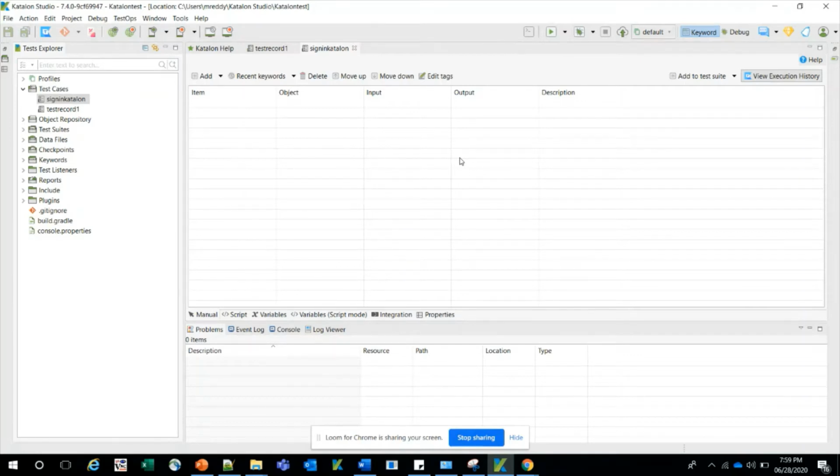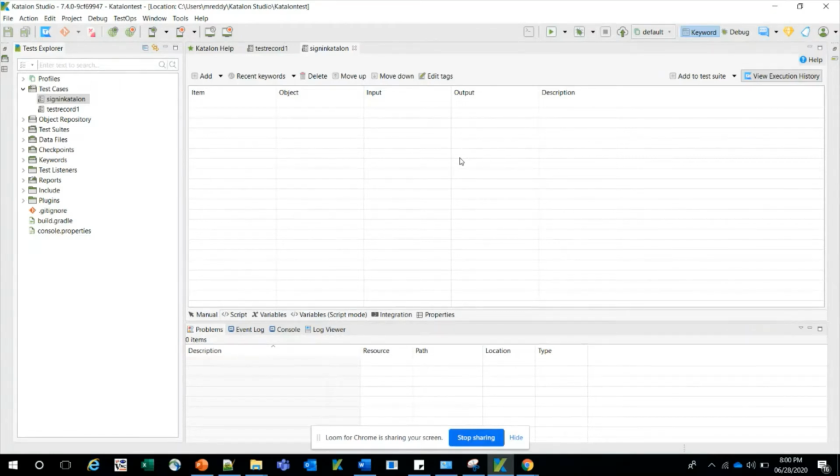The first one is that keyboard actions are not getting recorded. Keyboard actions like Enter and Tab out are not getting recorded in the Katalon recorder. On the browser, when we do actions like submit, we tend to press the Enter key. If the user uses the Enter key instead of clicking on the button, it's not going to record. So that is one issue.